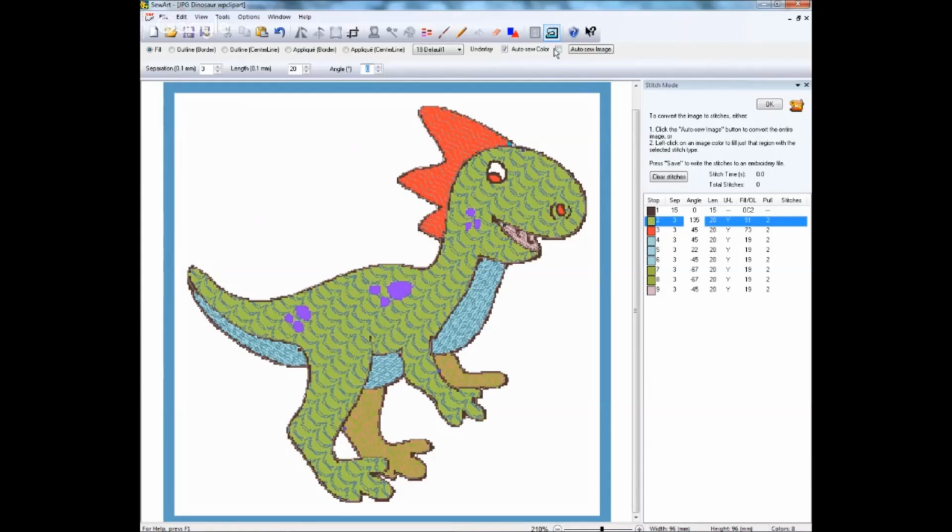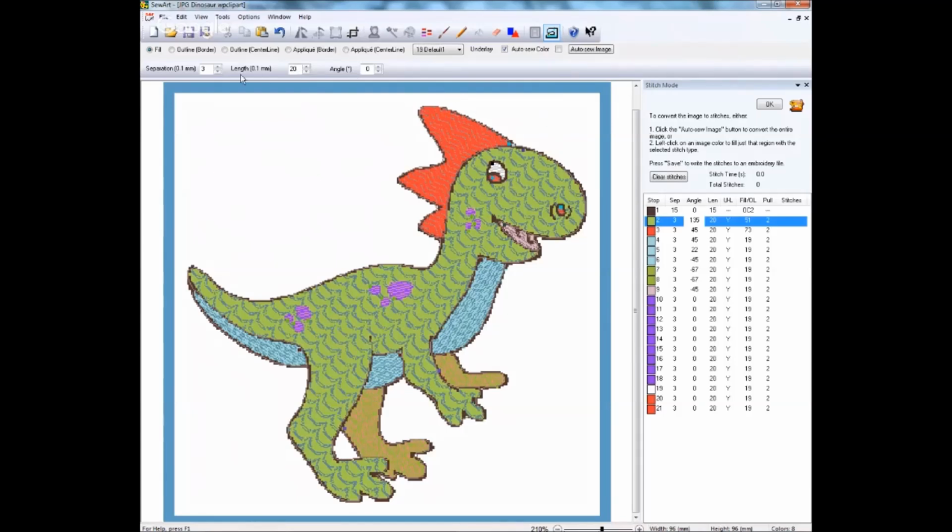And I guess I'll go ahead and use Autofill color for the purple spots. We'll start here, and that filled all those in. And I'll turn that back off. And then I'm just going to go ahead and fill in these other areas. There's the white, there's the red of the eye, there's the red of the nose. And the only thing we really have left to do here is the outline around the eye and around the